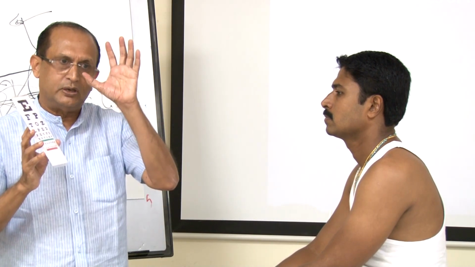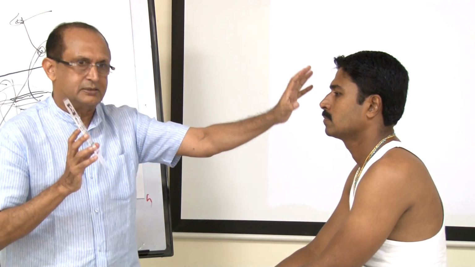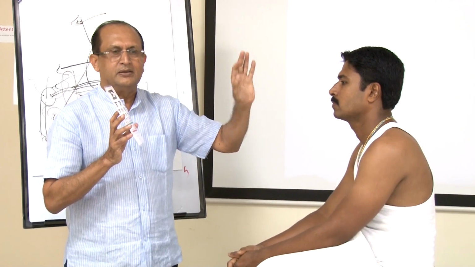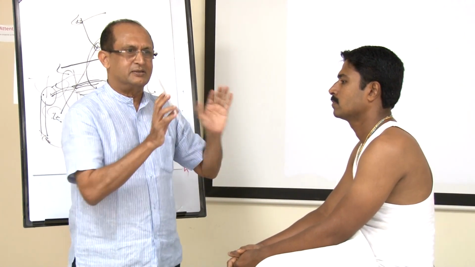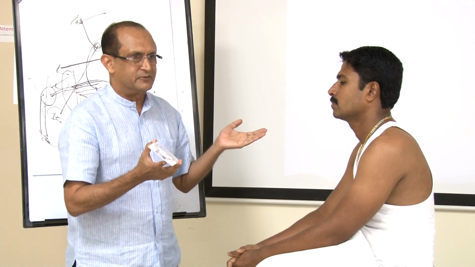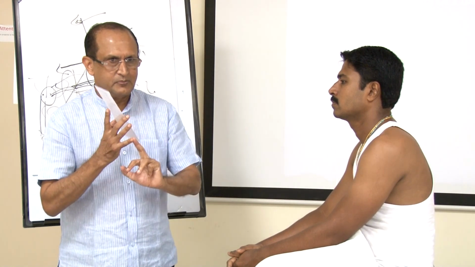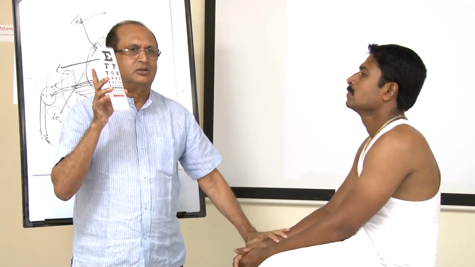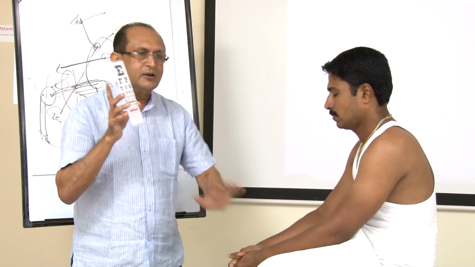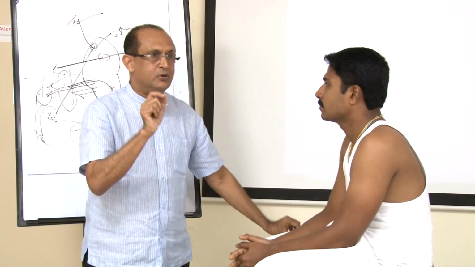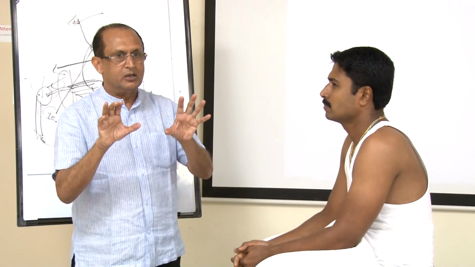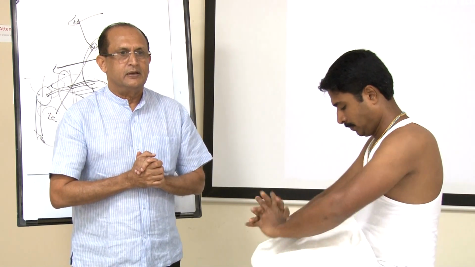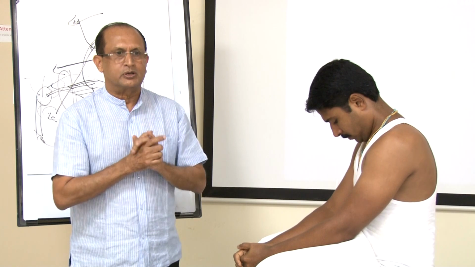Acuity of vision should always be tested with the glasses, with the reading glass or with the refractive error glass. Never ask the patient to take out the glass and check the acuity. So if you have a refractive error and he is on glasses, please ask him to keep the glass on and then check the acuity of vision. Never remove the glasses. And then how will you find out whether it is a refractive error or whether it is due to the optic nerve and retina which produces the reduced acuity of vision?